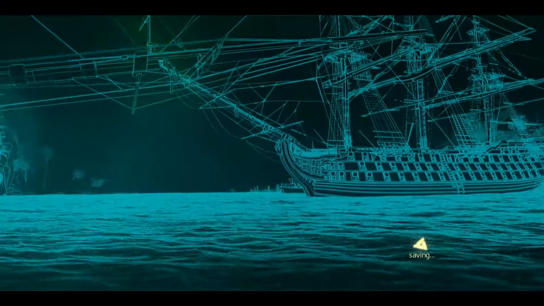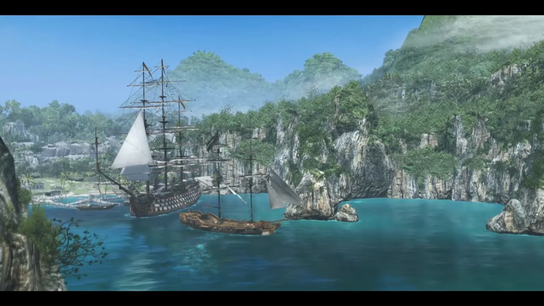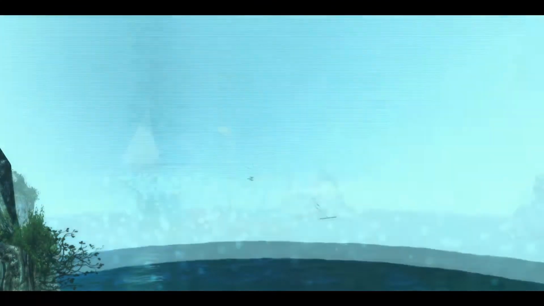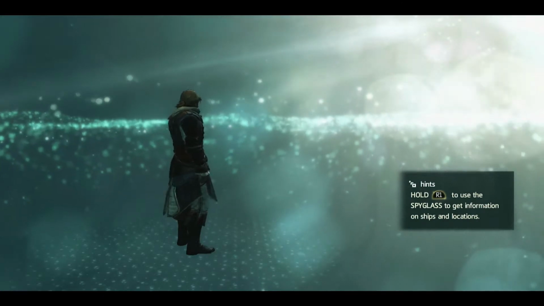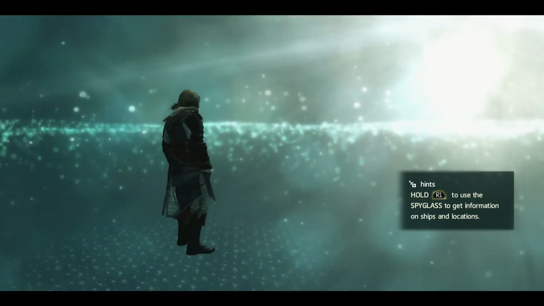Alright, now we get to the real fun. Oh wait, no we don't. I was thinking we got to fight a bunch of people. I was saying I messed up the stay out of combat. I did get the air assassinate though. That's the simplest way I found to do the air assassination one. I'm sure there's other ways to do it, especially if you're in full combat, you might just be in the middle of combat and climb up the wall and then just jump off or something, but that just seemed to be the simplest way for me to get it done. Now this actually, I think, turns into...